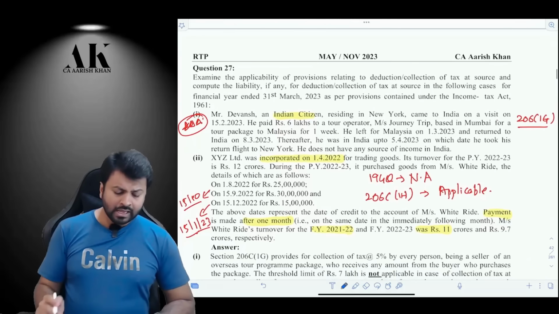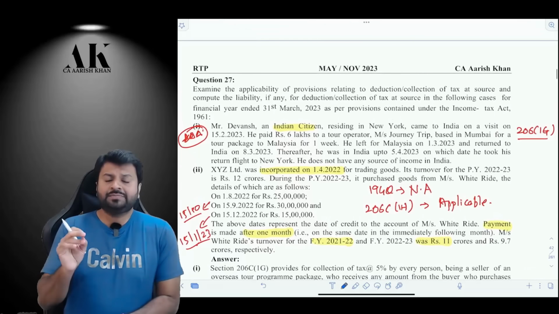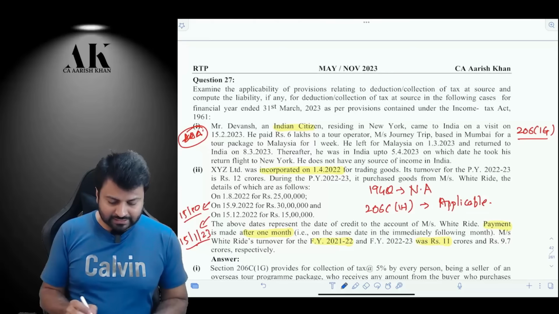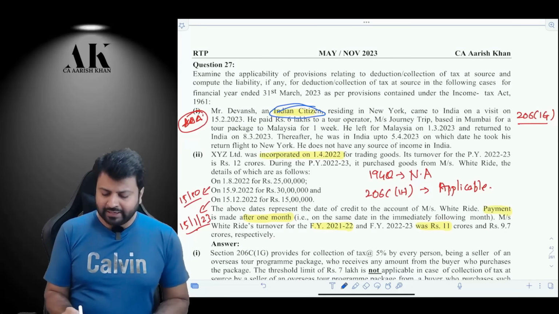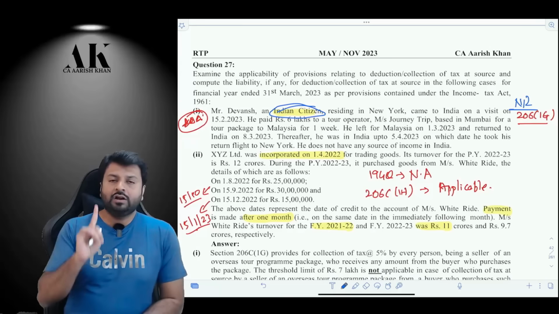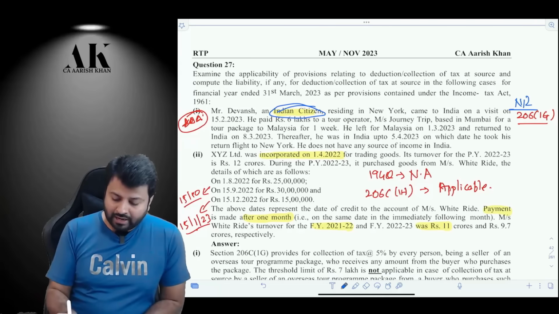Okay. Question number 27 is based on what? Is based on TDS and TCS provisions of the income tax law. Now, the very first question over here is about what? There is an Indian citizen, and if you compute the residential status of this person, then this person is a non-resident. Now, remember, if a non-resident is coming to India on a visit,